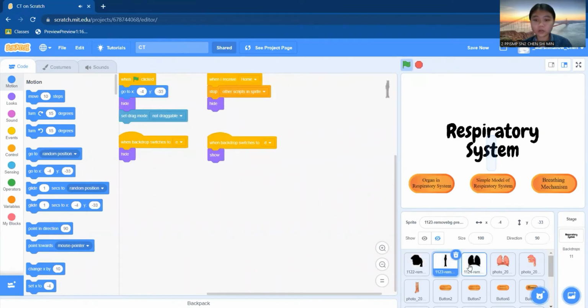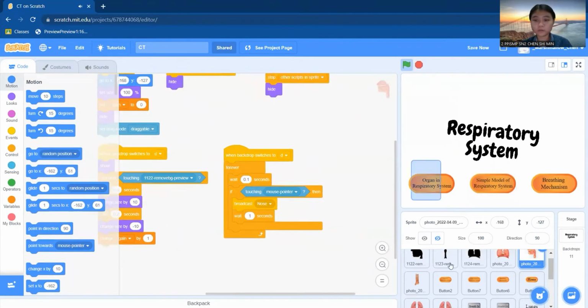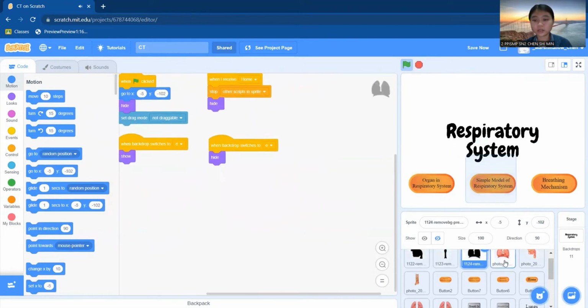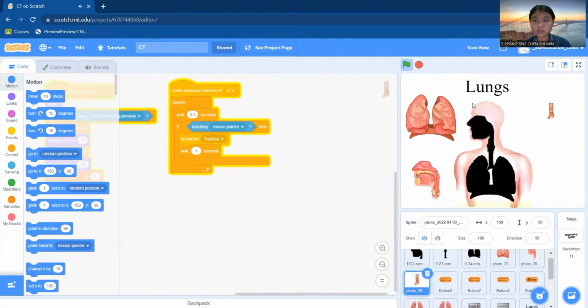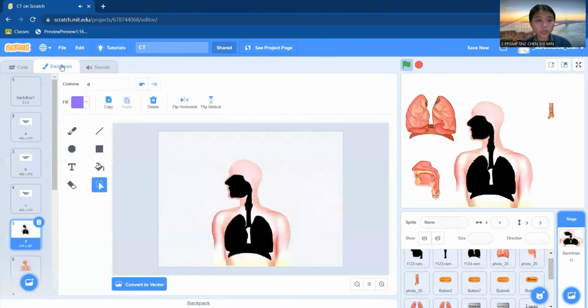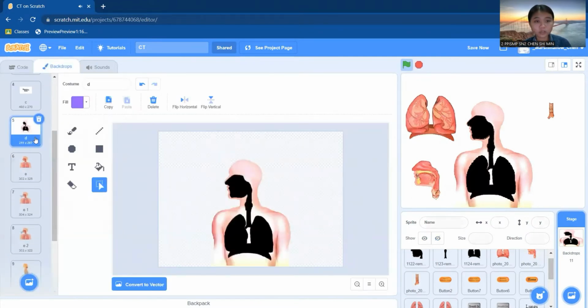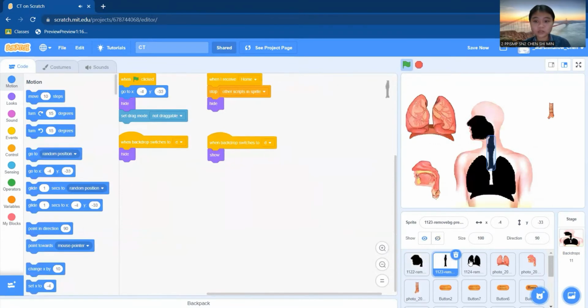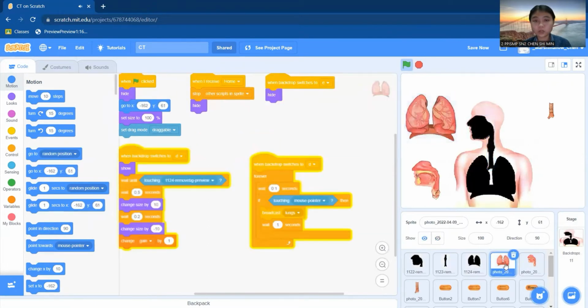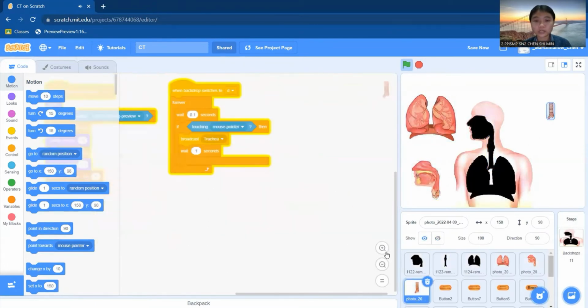Next, I have uploaded all the sprites I needed. So these 6 sprites are for the first part, which is organs of the respiratory system. So let us see. This is the 6 sprites I needed, and the backdrop I have inserted is for part 1. Then these 3 sprites indicate the position of the lung, nose, and trachea at the right